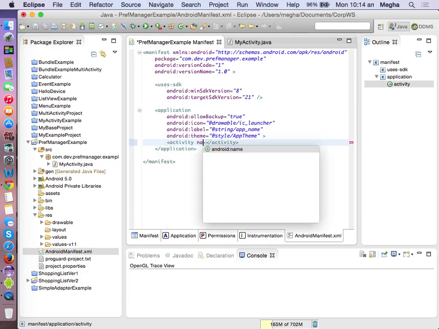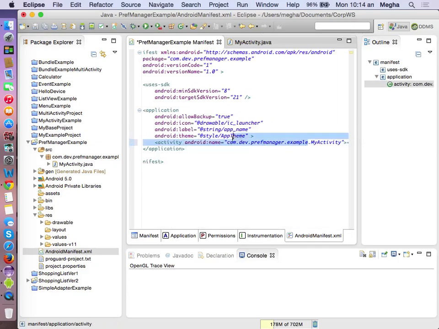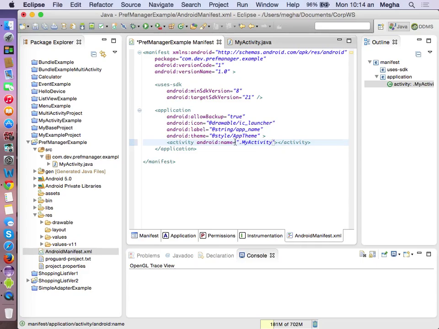Activity and the name. Since I defined the package name directly over there, I can keep it like this. Otherwise, you can give the full path if your application path or your package is different from your activity file. And intent filter,